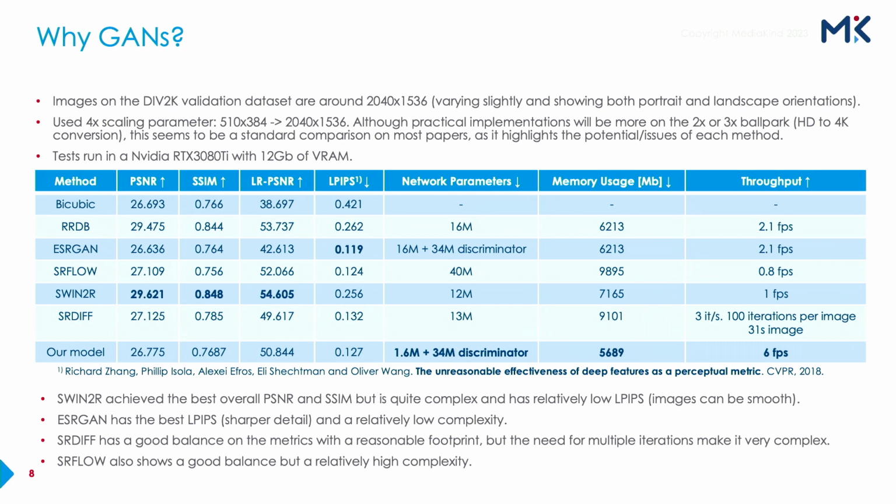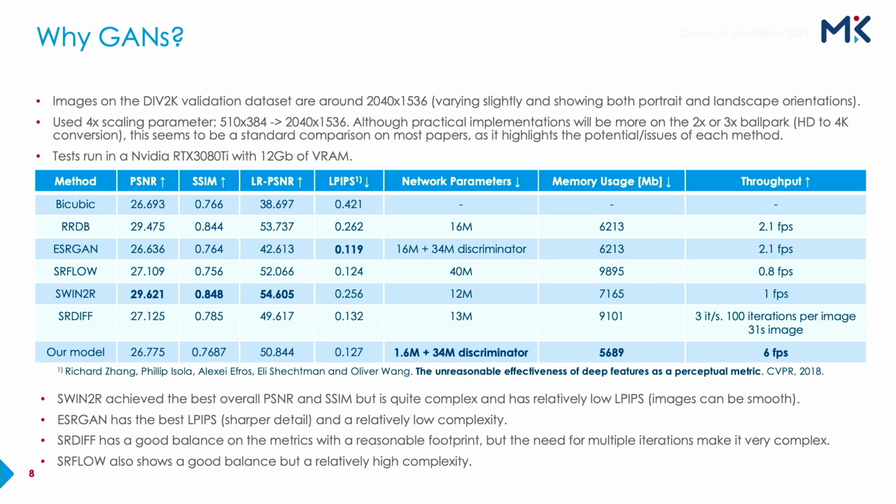And by looking at these metrics, you can see that RRDB, which is the first deep learning method, improves over bicubic on every single metric. Then the transformer model is another step up, and then it becomes a bit more mixed. So ESRGAN has the best LPIPS, suggesting sharper images, but you can see quite a low PSNR, which suggests that maybe the image is not so correlated, so that detail can be a bit fake sometimes. And then the other methods are much closer together.